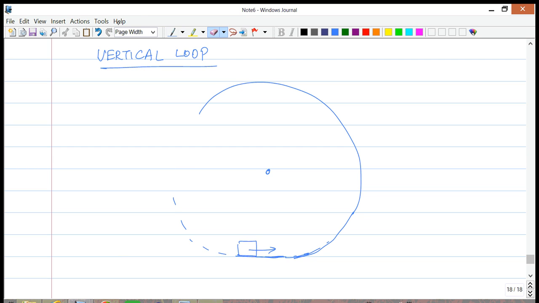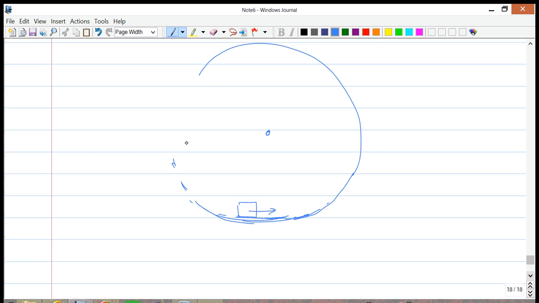I'm just going to get rid of this. I'm going to make this a loop like so, so that you know it's moving along the circle. So at the bottom of the loop, it's going to have a speed v bottom. I'm going to move this block a little bit. So at the bottom of the loop, the speed is going to be v bottom,